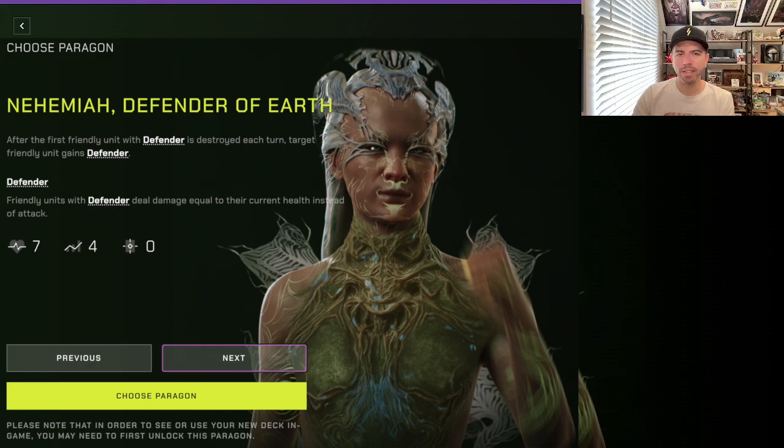So that essentially means that the defender keyword becomes a lot like an upgrade in an Augencore deck. Remember, Augencore uses the keyword salvage to be able to reapply upgrades to new units as they die. When you have Nehemiah, Defender of Earth, as your Paragon, then the defender keyword is treated basically the same way. When your unit with defender dies, you get to give defender to a target friendly unit. So this means that your board is going to always be loaded with lots and lots of defenders,